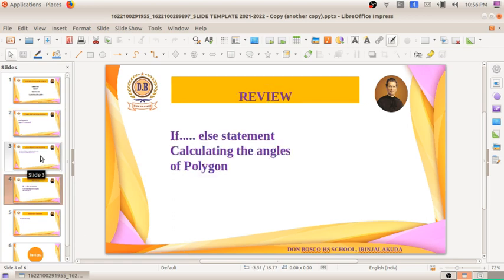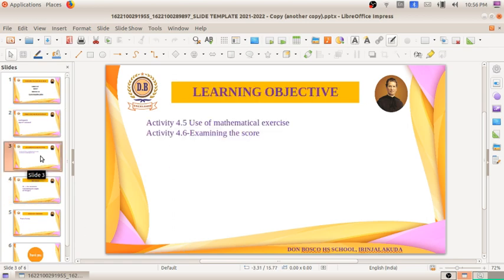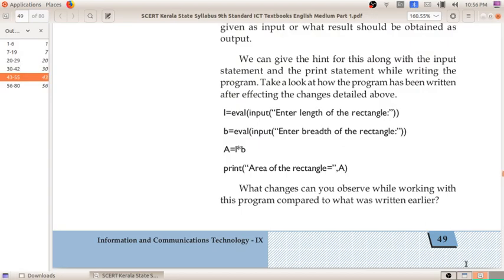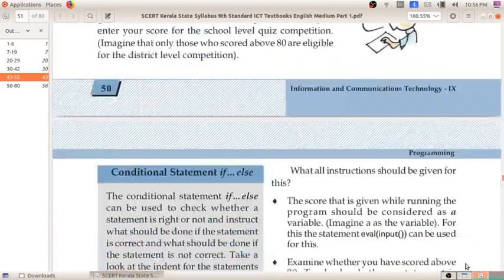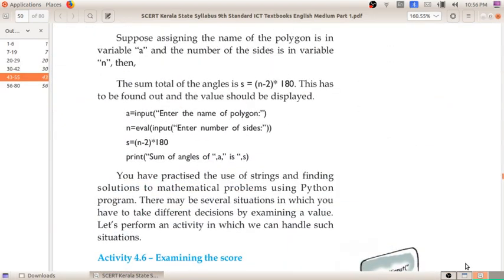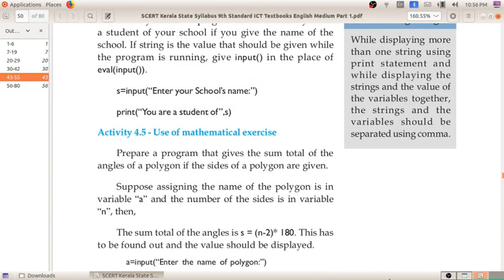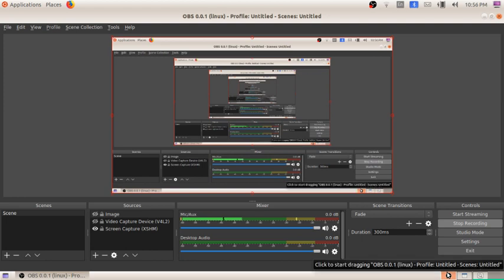Today we are going to do two activities in Python, which are a continuation of this. The first one is activity 4.5, use of mathematical exercise. Prepare a program that gives the sum total of the angles of a polygon if the sides of the polygon are given.